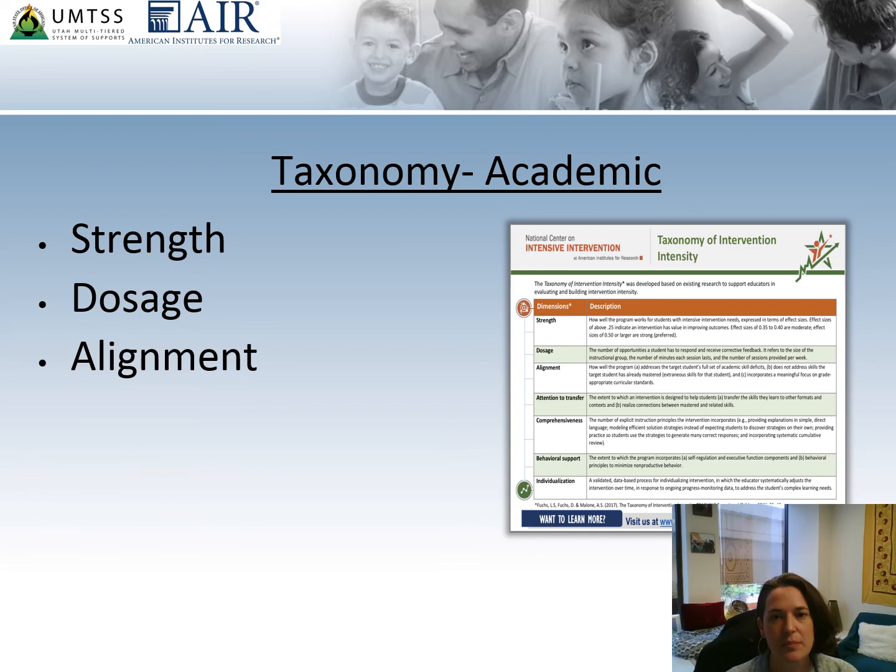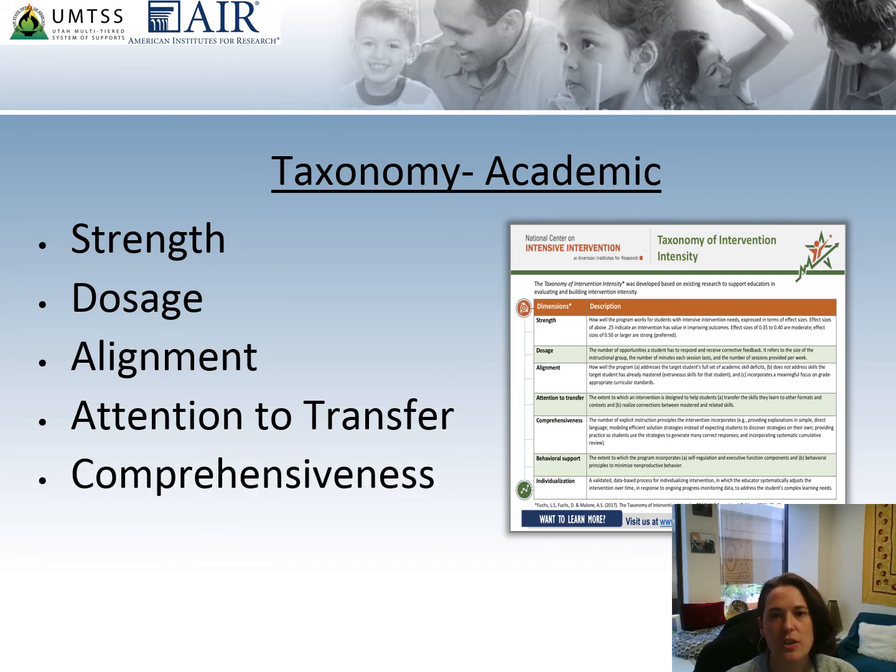Next is alignment. Alignment refers to how well the program addresses the target student's full set of academic skill deficits. The next domain is attention to transfer. This refers to the extent to which an intervention is designed to help students transfer the skills they learned during intervention to other contexts and realize connections between related skills.